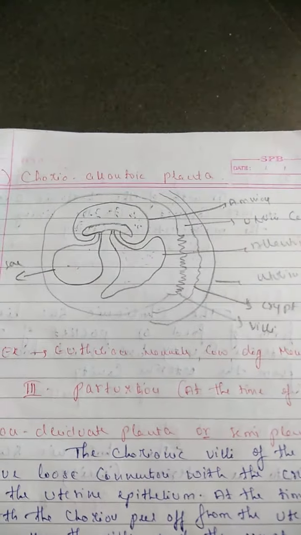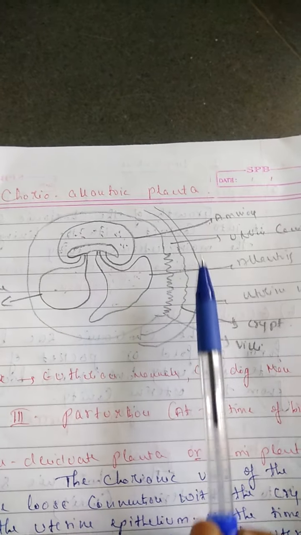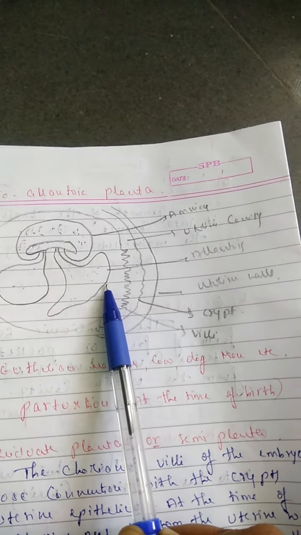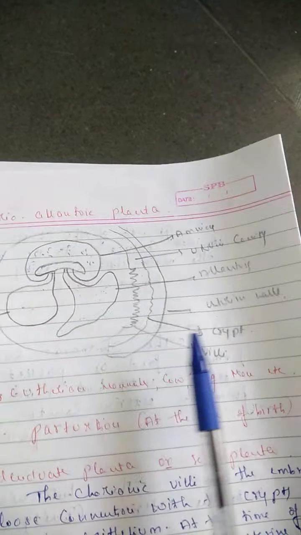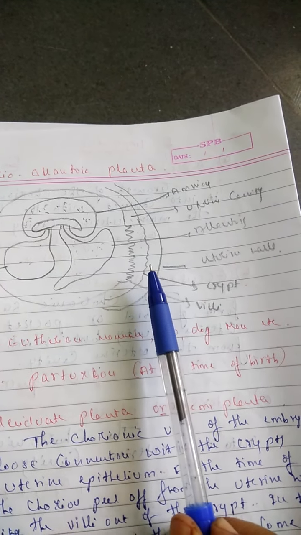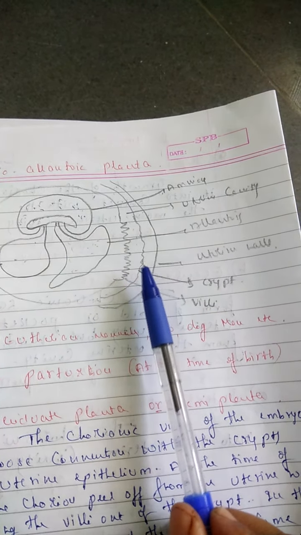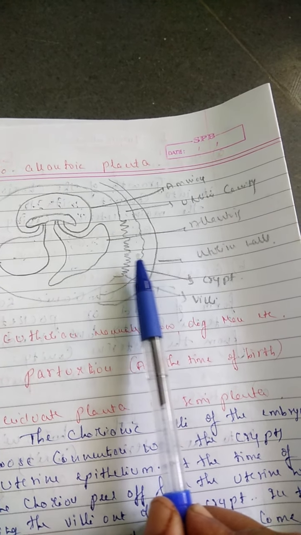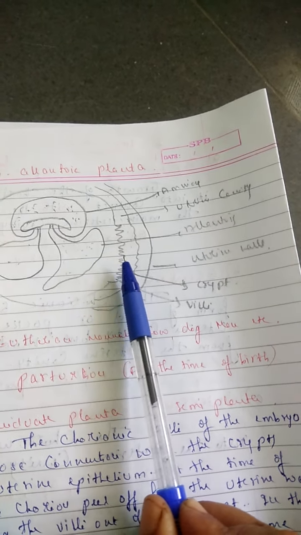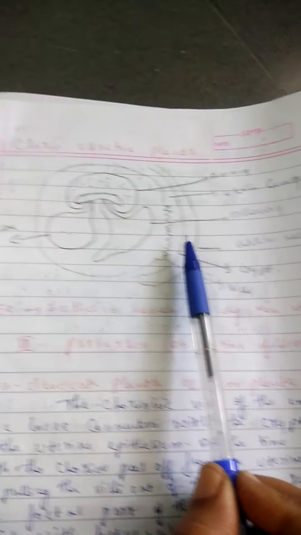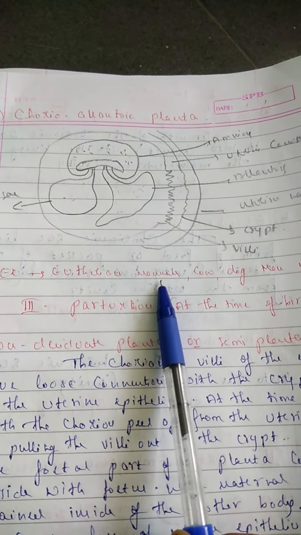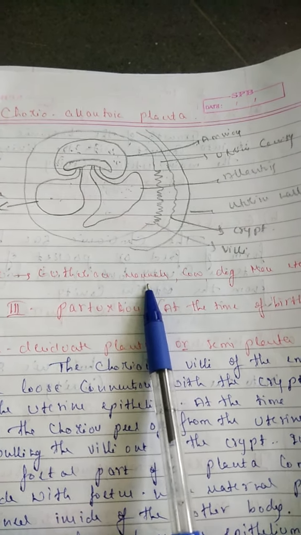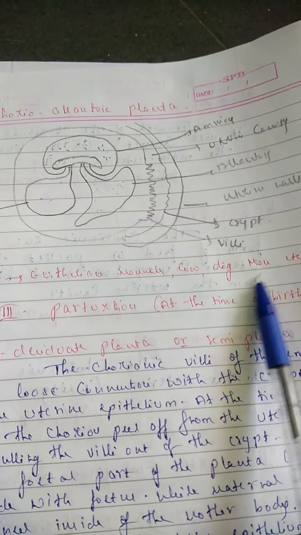Next comes the second one, the chorioallantoic placenta. Here the allantois, which is larger in size, and the chorion both are involved in the formation of the placenta, called the chorioallantoic placenta. The uterine wall also has crypts, and these crypts and the allantois are in close contact with each other. This placenta we call the true placenta, because the example we have taken is eutherian mammals. All true placental animals come here, along with the cow, dog, man, etc.